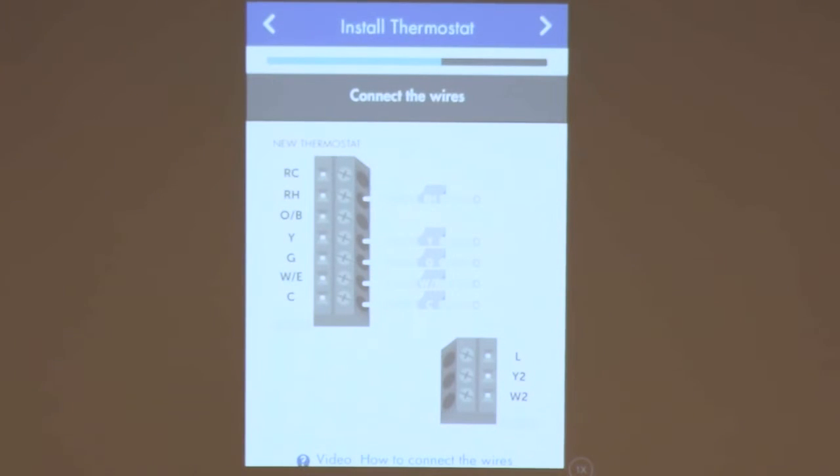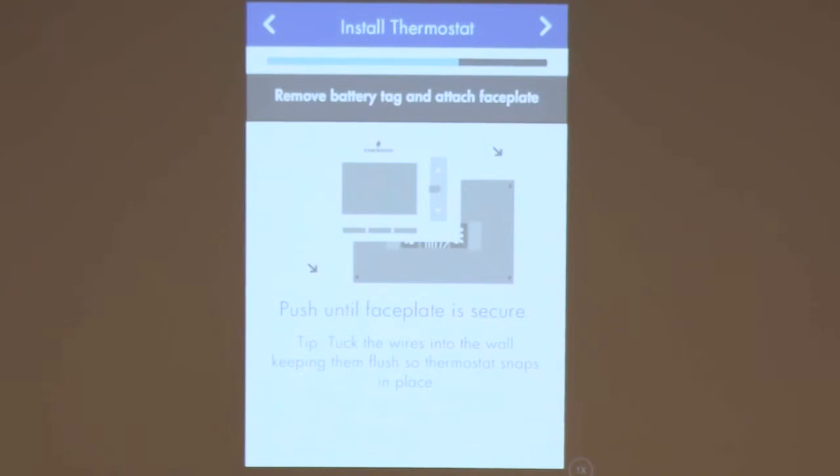And now we even give you a picture of where the new wires go, your labeled wires, and where they're going to land on the new thermostat. So you'll connect those. You're going to remove your battery tag, attach the faceplate,